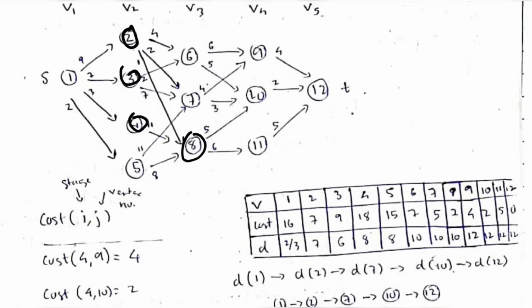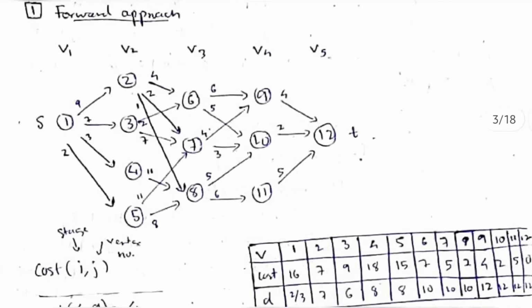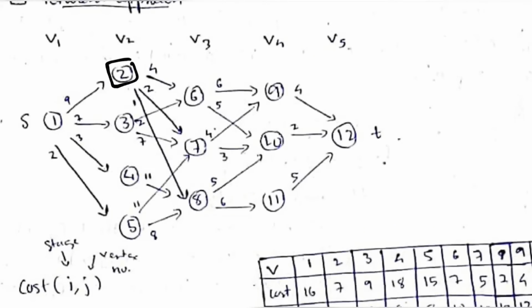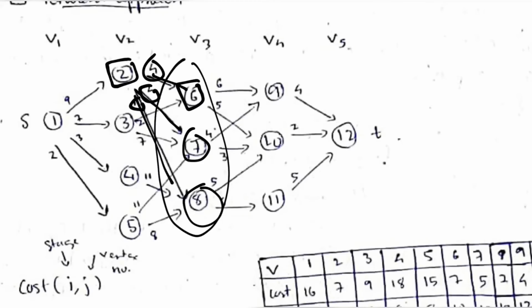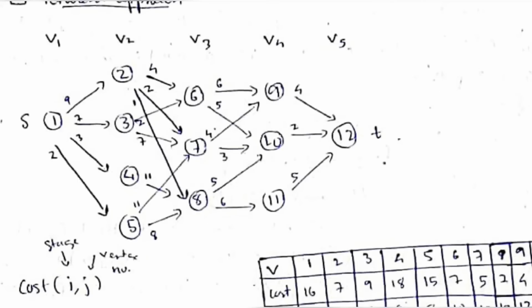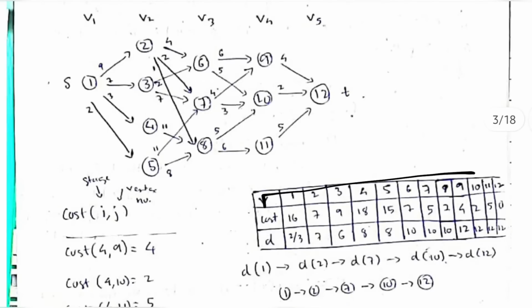In all the stages we'll be just looking at two things: how many possibilities are there from this one, and we'll be calculating if I add this edge to the cost of this, and if I add this edge to the cost of this, and if I add this edge to the cost of this, among these three which is the minimum. The minimum I will be writing there as cost, and which destination I reached, that destination I will be writing here. Okay, cost and destination. All right, in that way we'll be filling the whole table here.